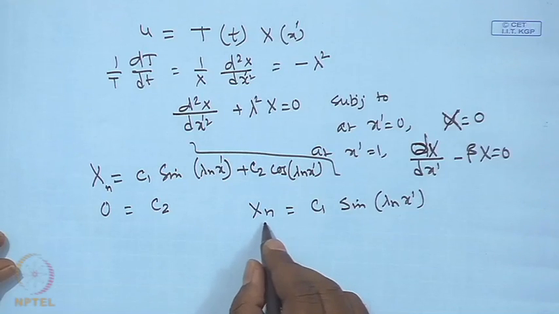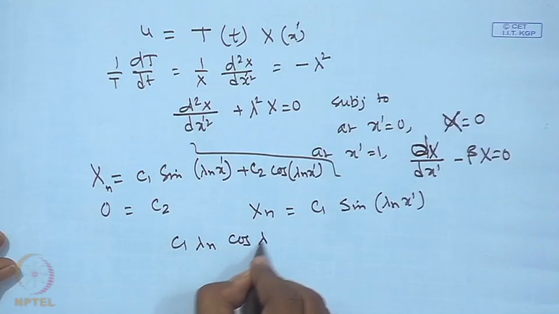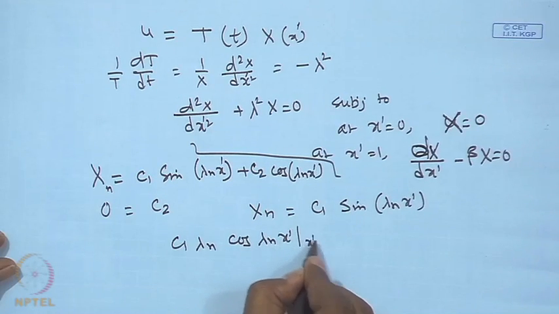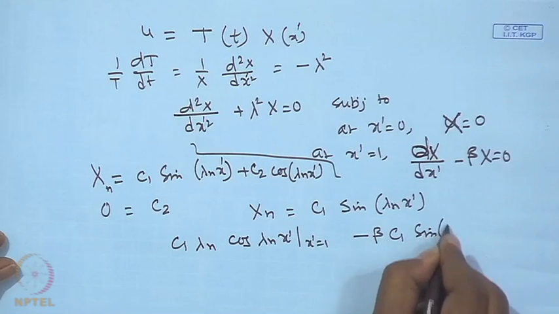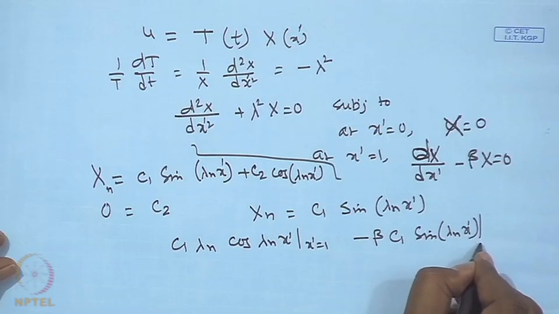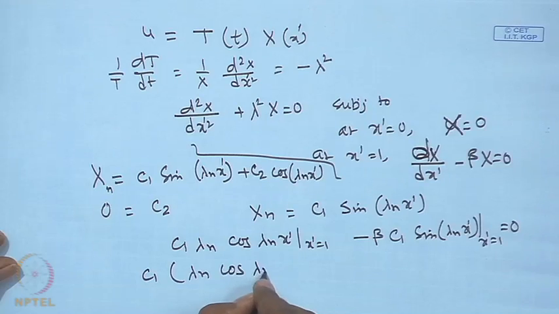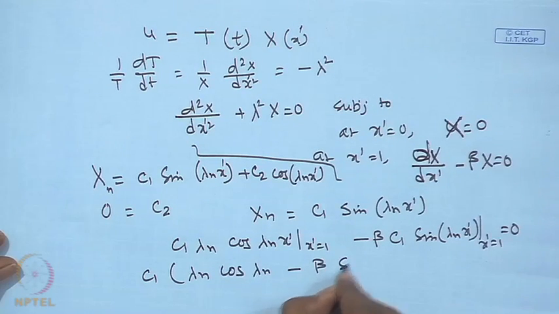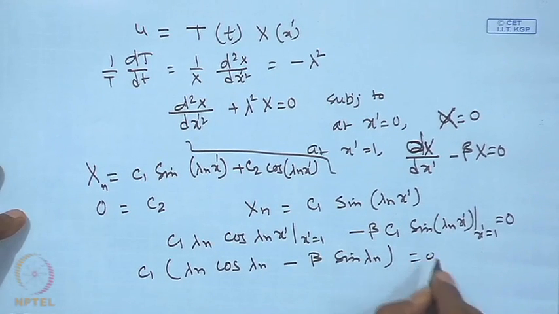Now, we have the other boundary condition. So, we use it: c 1 lambda n cosine lambda n x prime, evaluated at x prime equal to 1, minus beta X n, that is beta c 1 sin lambda n x prime evaluated at x prime equal to 1, should be equal to 0. So, we take c 1 common: c 1 and this lambda n cosine lambda n minus beta sin lambda n is equal to 0. So, for c 1 not equal to 0,